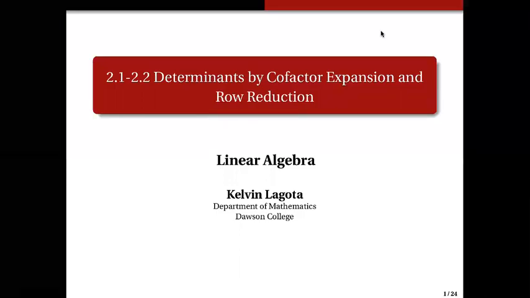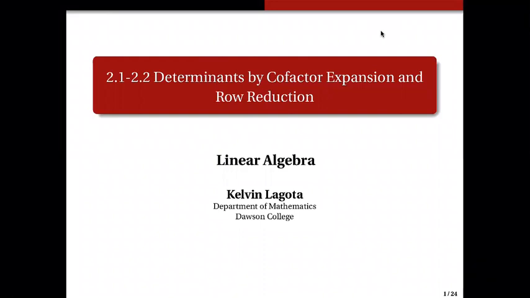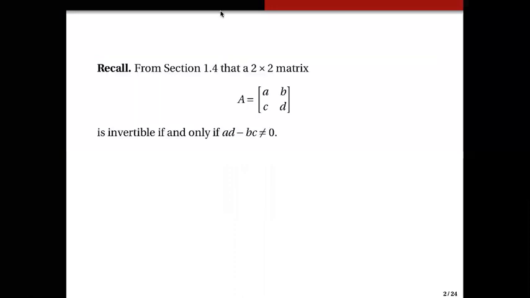In this lecture, we will discuss Chapter 2, which talks about determinants of n by n matrices. In the first two sections, 2.1 and 2.2, we will try to determine the determinants of square matrices using cofactor expansion and row reduction. So we recall from section 1.4 that for a given 2 by 2 matrix, say A with entries a, b,